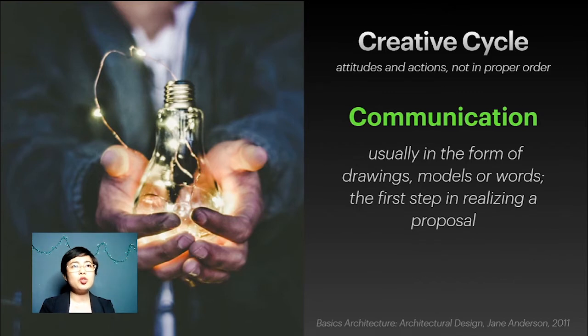Another thing is communication. Communication sa architecture terms, ang ibig sabihin nito, drawings, models, words. So, yan yung first step in realizing a proposal. Kasi, hindi mo mai-explain yan na kinuwento mo lang doon sa client. There has to be a drawing, or there has to be a sketch model or scale model showing it para ma-visualize kung ano ba talaga yung gusto mong sabihin. So, yun yung form natin ng communication: drawings, models, diagrams, words, narrative. So, you can use all those forms para gumawa ka ng design, para ma-realize mo yung design mo.